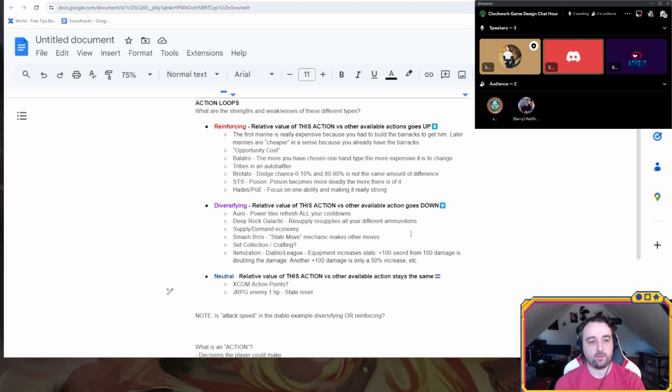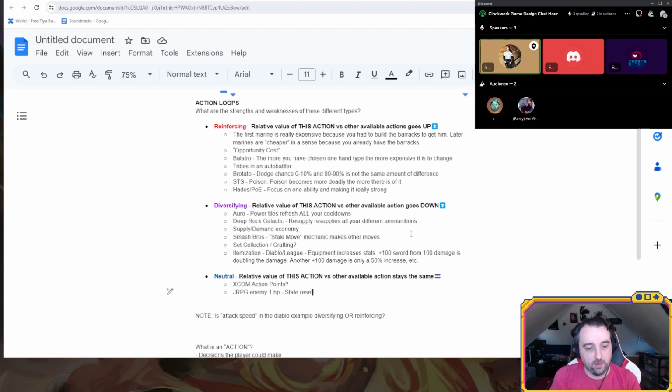Actually, in general, it feels like the reinforcing action loop is just not getting measured, because the game is, in a sense, ending. So the looping effect has stopped, and that's the only reason we're calling it neutral. It's not truly neutral. So if we want to find a neutral, we can't use a state reset example.